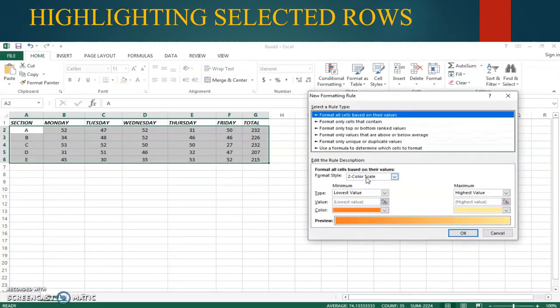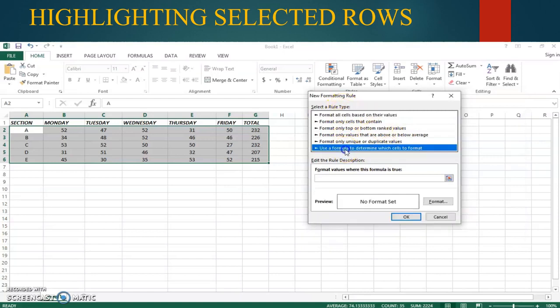So one dialog box will be displayed. There, in the select a rule type box, press the use formula to determine which cells to format. That option you have to press.